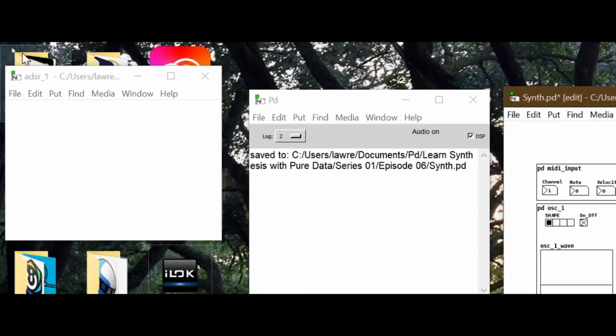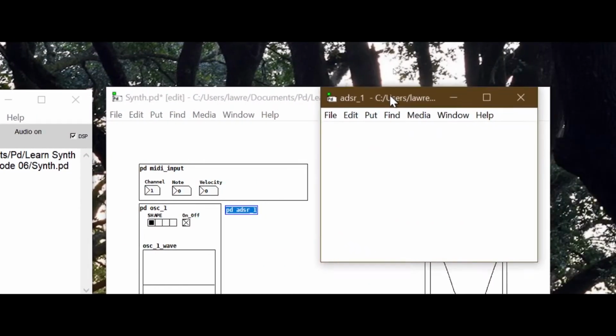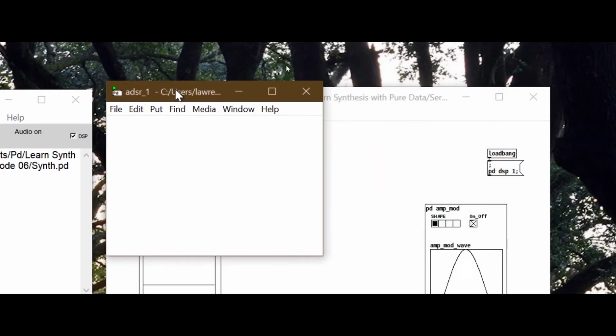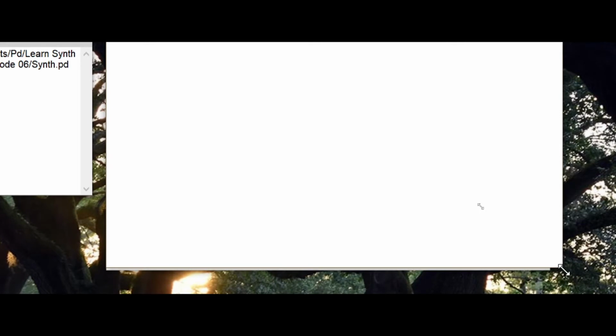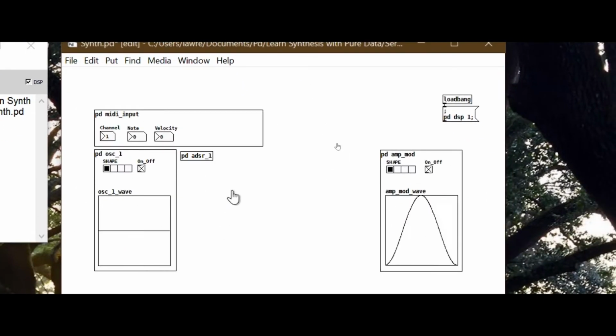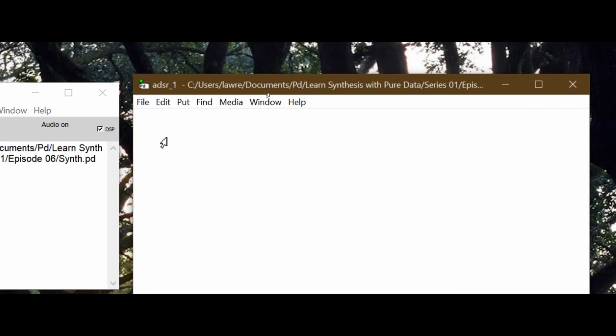Gives you more that you can do with the sound. So anyway, this is the blank window that opened up when I made the subpatch, which can also be called the child patch. Now this will cover up the parent patch, the main patch for now. But that's okay. Remember, we can just hit Control W, Command W in Mac to just close this window and get back to here. But right click on this and open it up so that we can